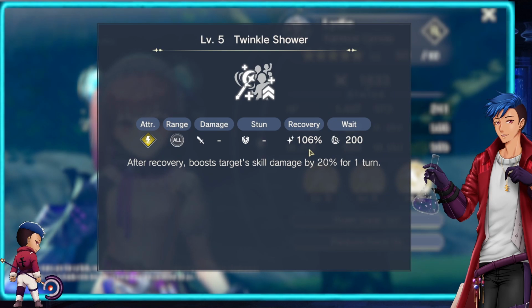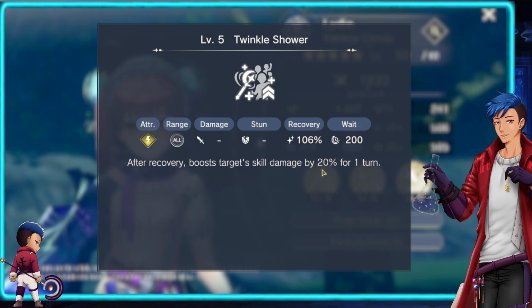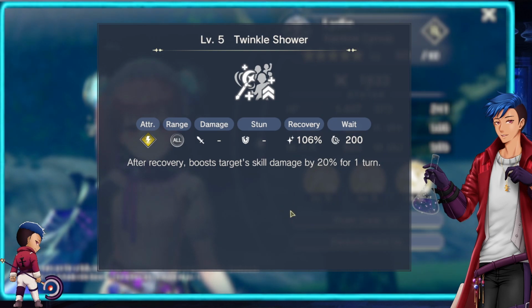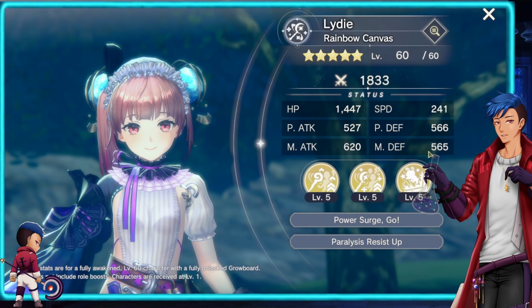But she does have an AoE heal, but primarily, her skill damage buff of 20% for 1 turn is phenomenal. So you really want her to go before your attackers anyway. That way they can make use of this buff and get that extra bit of damage in. And of course, this scales up when you get better traits for this on weapons as well. One of the main traits for